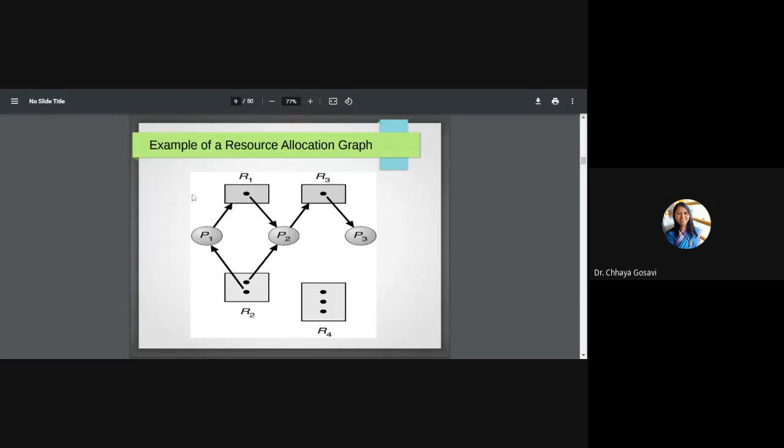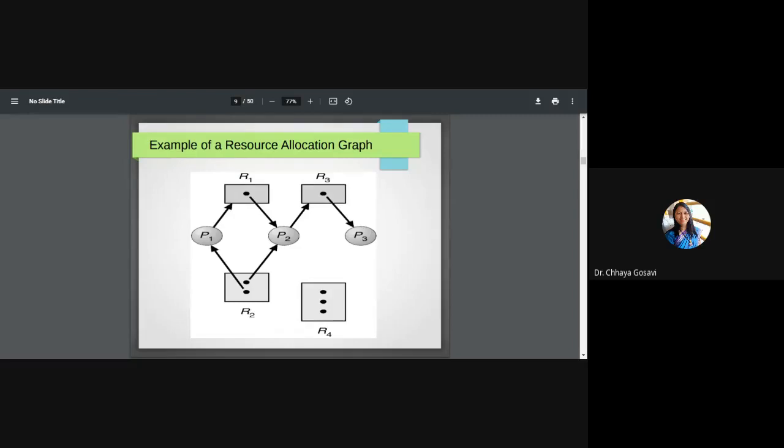You have three processes P1, P2, P3 and three resources R1, R2, R3. How to write it in a Banker's algorithm form?